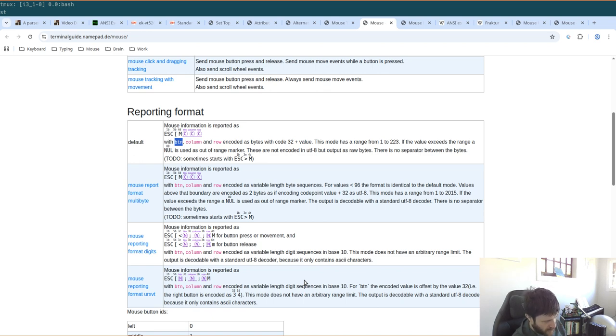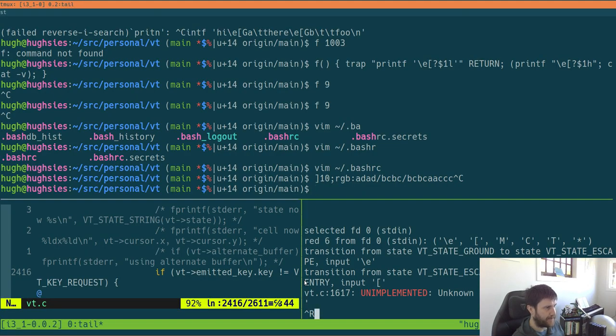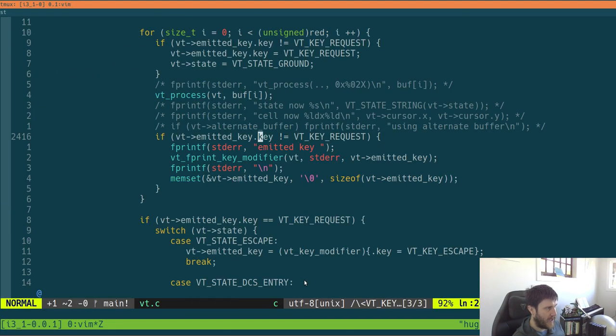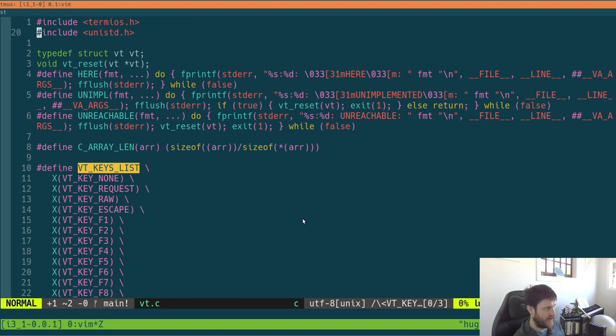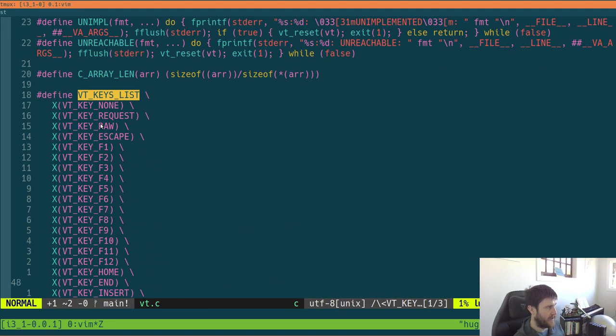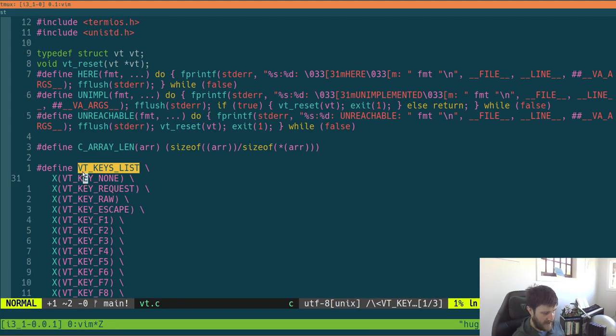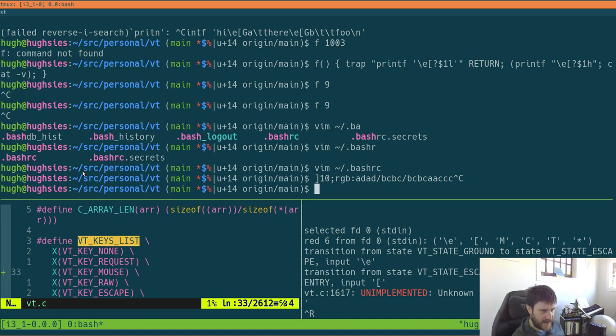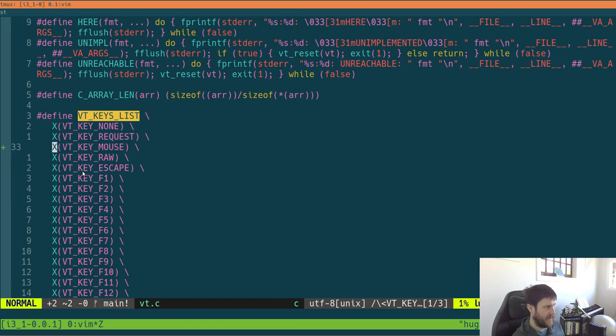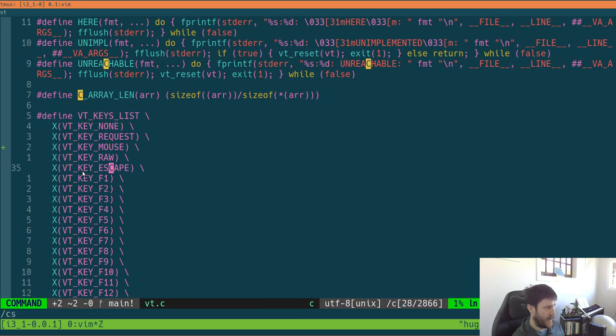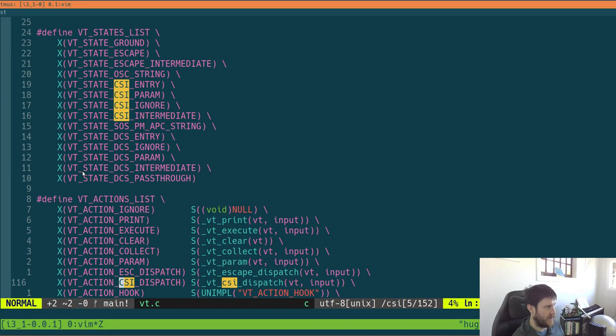So how do we go about parsing all of it? We need to have a notion that we have a mouse. When we have a key, I want to add another key, which is a mouse. It's just a mouse. And we might need some more stuff in there. And where does it complain? It complains about an unknown CSI function. So if we look for our CSI functions,